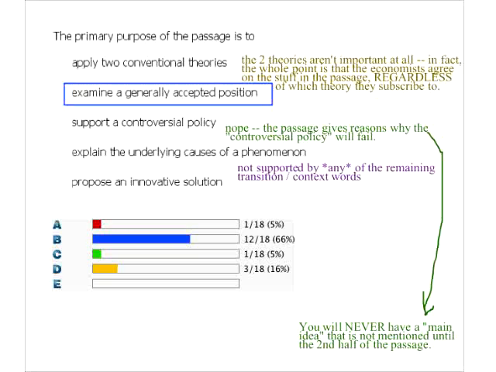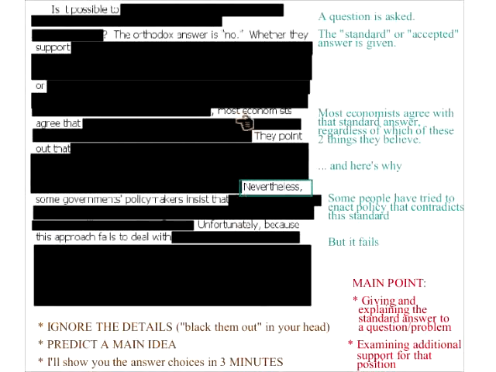So this is what I do. I quite literally ignore everything that is a detail when I read through the passage, and I'm just like, okay, here's what's happening. Then what that does is, when I do this, I can get through the whole passage in less than 1 minute because I'm not reading anything except for these. So it gives me all this extra time that I need to look up details. If I read the passage like this, then I've got like 3 extra minutes to work with that I can use to find detail.